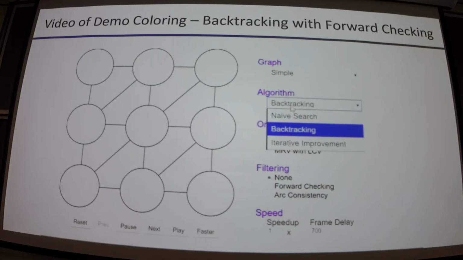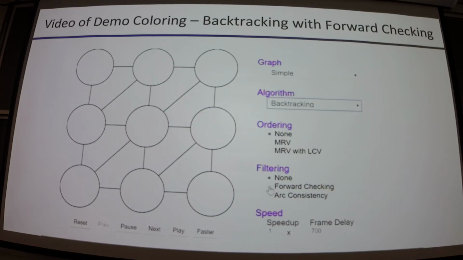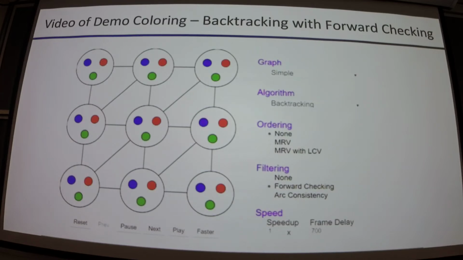All right, so same graph, but now we're going to keep track of what the possible domain is for each state. So we assign the first one blue, and what's happened? We removed blue from the nodes adjacent in the constraint graph to blue, right? How is this different from what we just did, which is regular backtracking? Yes? We only check for the one going down versus all of the adjacent ones.